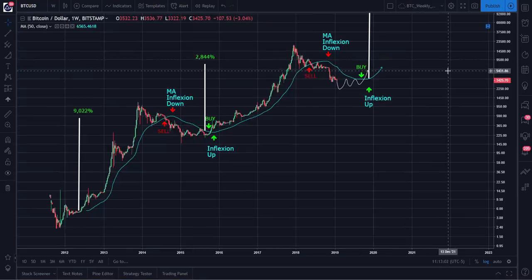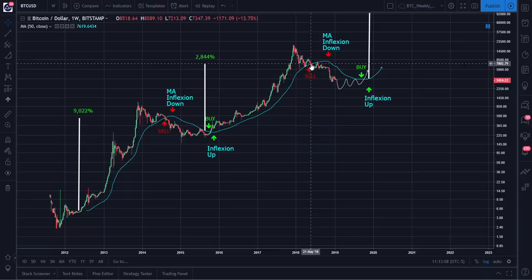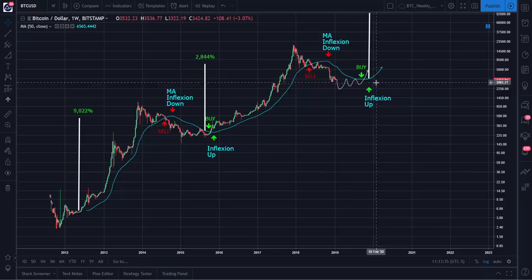Here is the very long-term trend assessment. When price crossed in May of 2018 to the downside, the 50-week moving average, it was a sell signal. You could have sold your longs and gone short, and still remain short, and remain short until it crosses to the upside. So the difference you will get is still a sizable profit. We have not seen any sign of a buy signal on this long-term trend. The trend still remains down.